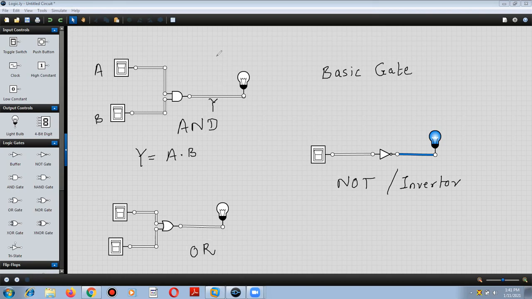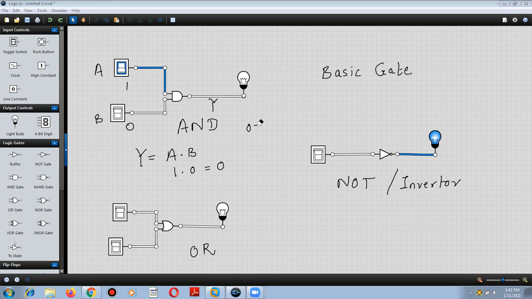Now let us first verify. I have used two toggle switches over here, A and B. Let me click the first switch first, so I make this one switch as 1. You can see the line has turned blue over here. That means this input is now 1 and this input is 0. Now the product of 1 into 0 will be equal to 0. So that is how it is shown with the light, that the bulb here is off. I hope this is clear.